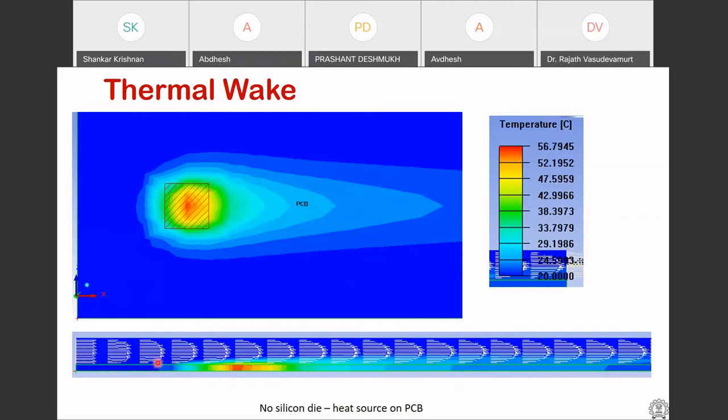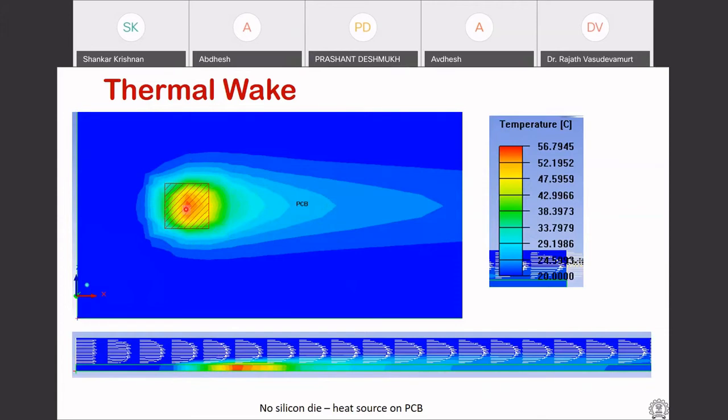You can see these two green lines. That is what I have modeled as the PCB, and the heat source is shown here. It is here in this case, slightly shifted because I had to shrink this. So you can see that because of conduction happening in the PCB itself, as there is airflow from left to right, there is spreading of the heat in the board itself, and it has a typical characteristic of